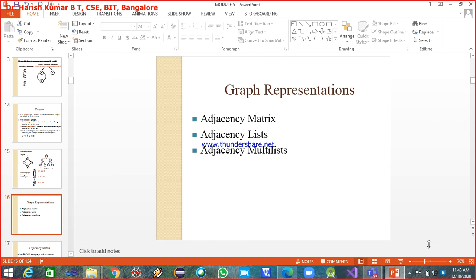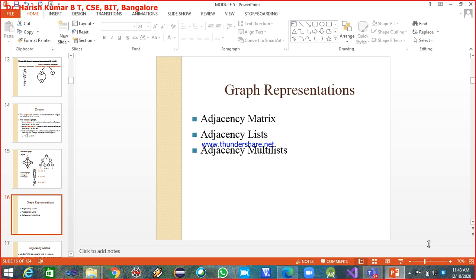Using the adjacency matrix, you can successfully represent both directed as well as undirected graphs. Another way of representing the graph is by using the adjacency list. If I don't want to use the matrix, then I can represent the graphs by using the adjacency list also.